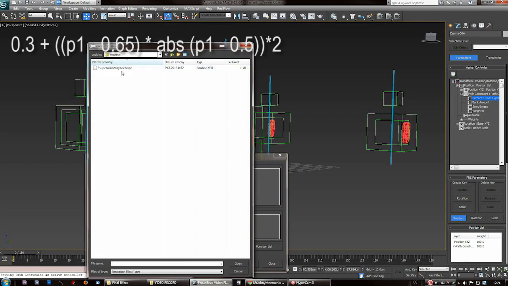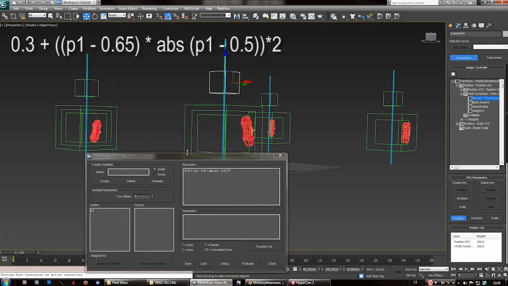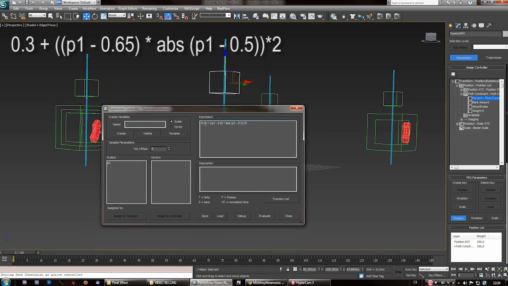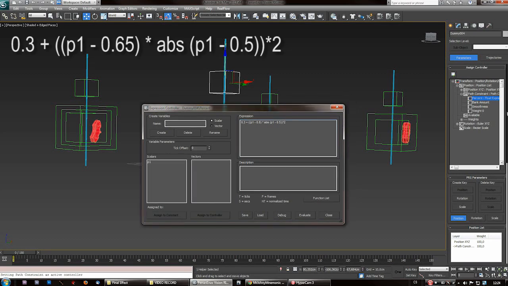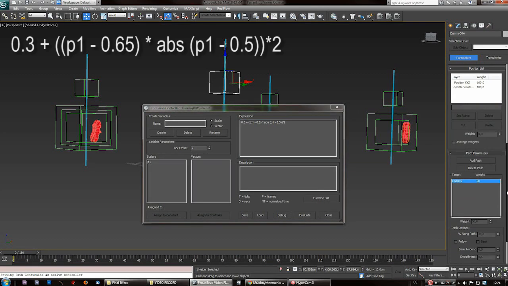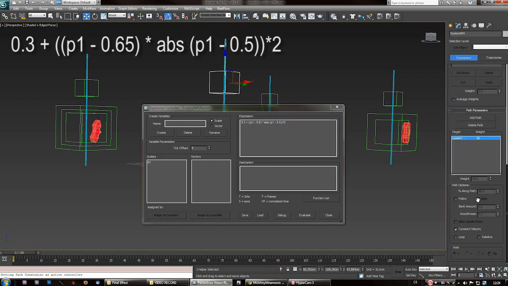So I'm gonna load this expression, and since this expression was used for another car rig where the starting position was 35, now you have to use the starting value where you have the dummy in a percentage along path. So for example, if you had to put your dummy 25% along path, then you have to rewrite the expression